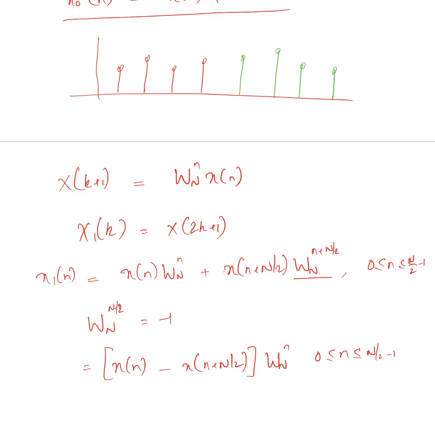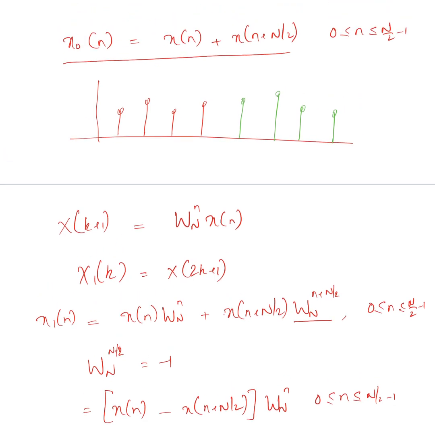So this is the idea behind computing both the sequences x0 of n and x1 of n. Here we added the red samples to obtain x0 of n by adding these two sets of samples, and x1 of n we obtain by subtracting these two samples multiplied with the circularly shifting operator. Okay,